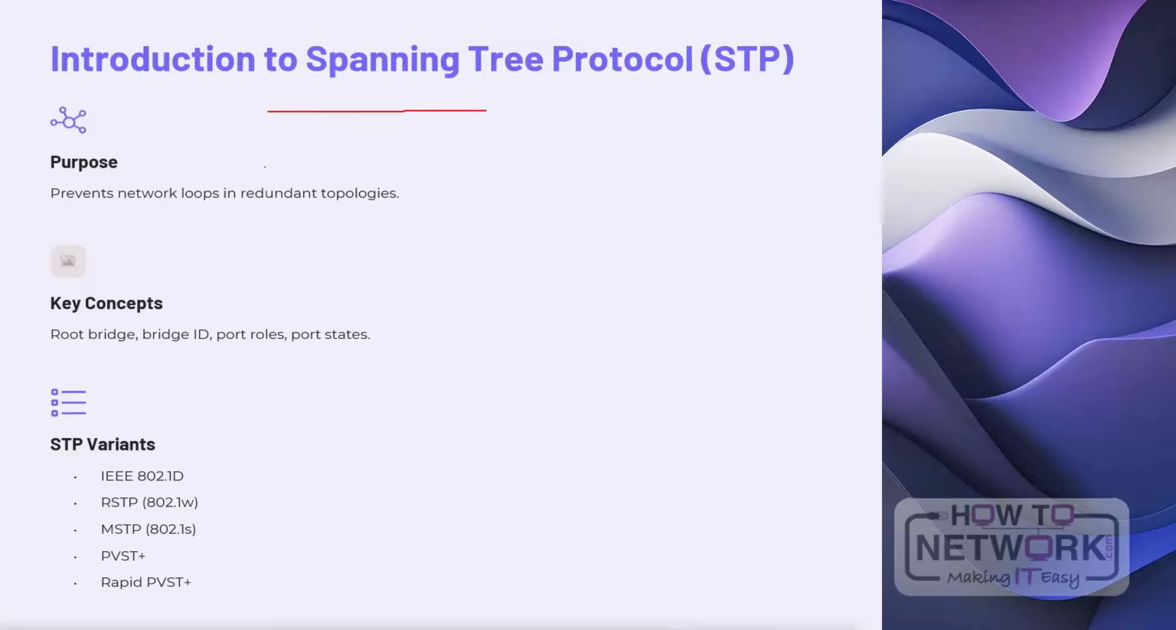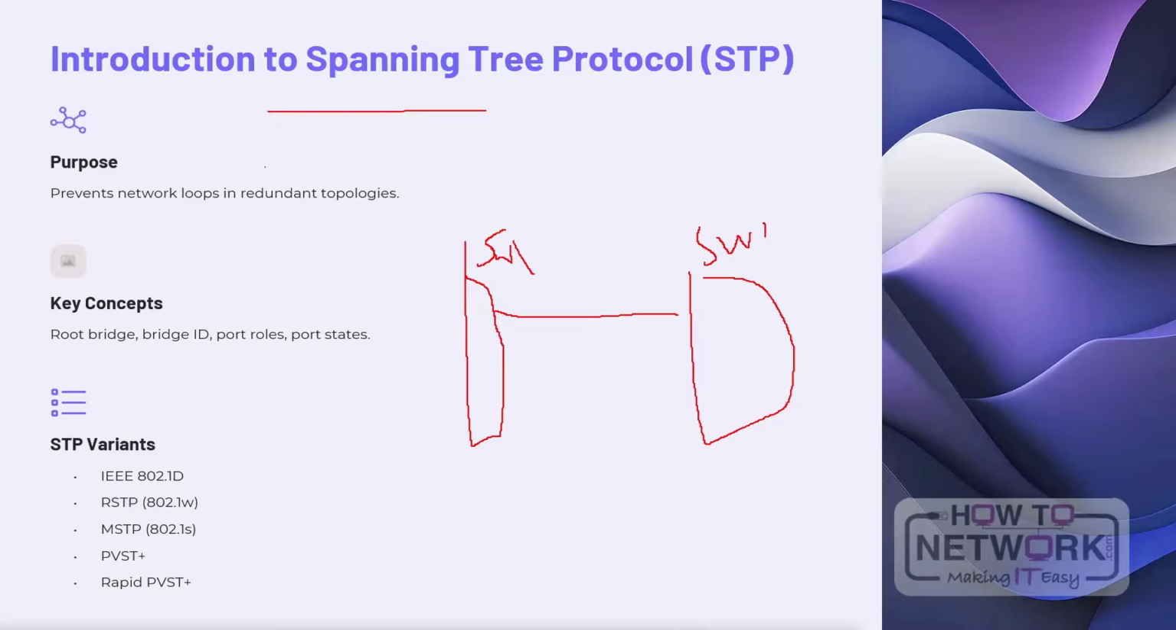Next topic is about STP. So STP prevents network loops and redundant topologies by selectively blocking redundant paths while maintaining a loop-free logical topology. And this is very important for network stability and preventing broadcast storms. So if you have a switch here, you have another switch. So this is switch 1, switch 2. Pardon my drawing. Sorry, guys. So switch 1 and switch 2, you have 2 links, right? So